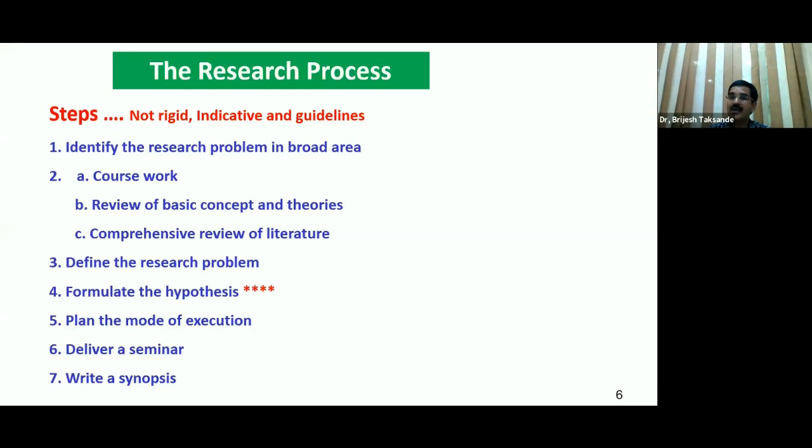If you are taking it very seriously, if you have collected the data to date, you would be in a position, believe me, to write the review article, to send it for publication, and by the time you complete your protocols of MRC, you would be in a position to get credit. Then after formulation of hypothesis, you will plan a mode of execution, how the protocols are planned, how to execute the protocols,